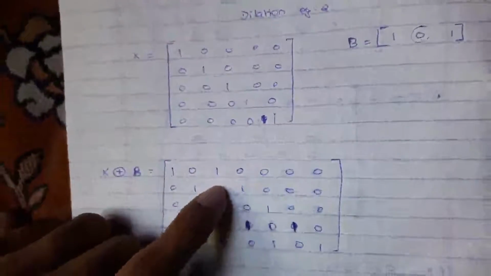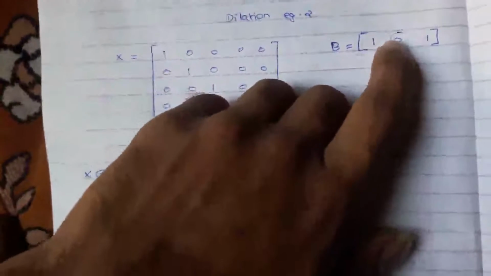So when you put this element over here, you can see the seed point coincides with 1, and hence there is 101. This is very important when you look at dilation. Again, when this coincides over here, this will become 101. So all these ones are basically replaced by the structuring element, and they look like 101, 101, 101. In the previous example from my opening closing video, where this was 1, these all would be 111, 111, 111. So that is it. You just have to replace all the ones by the structuring element. That is dilation. Thank you.